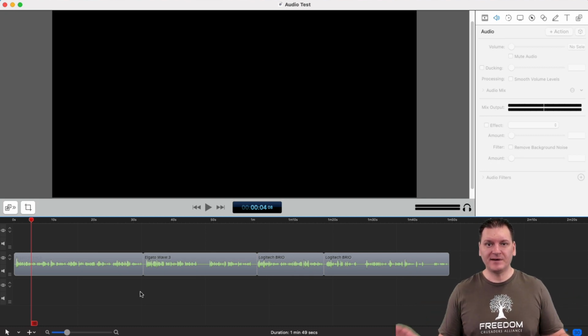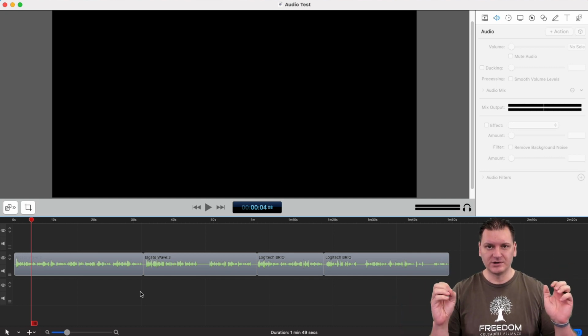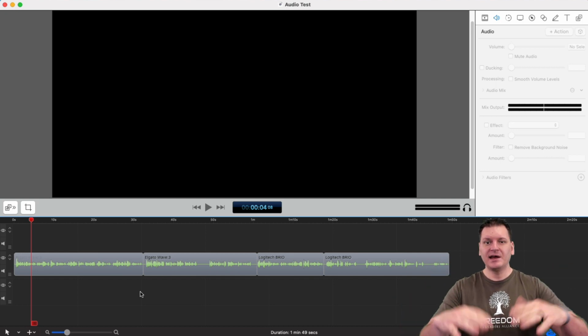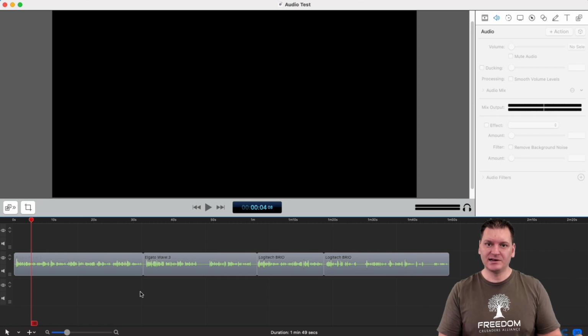This is one of my favorite editing apps because it does it all. It basically records your screen, your webcam, your sound, everything. And then you also can edit it as well. So it just makes things a lot easier versus using multiple programs for editing. So anyway, let me show you the audio hack.